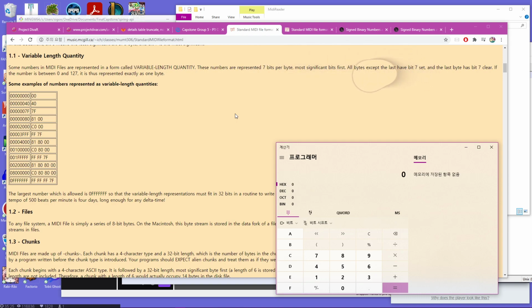So for the numbers that don't have bit 7 set, you end up with 127. Okay, that makes sense. And the last byte has bit 7 clear. So when we say we're trying to represent the number 3FFF, or even 2000,